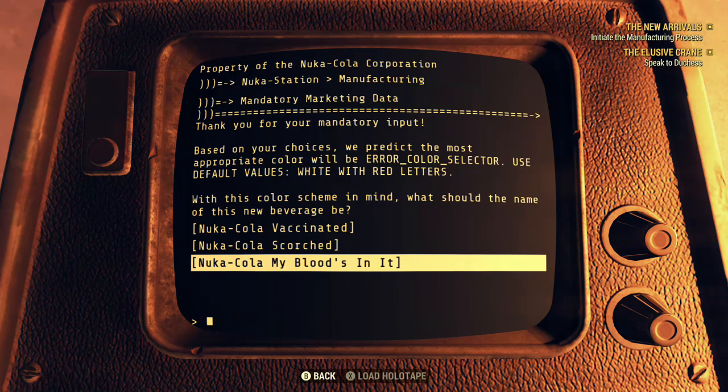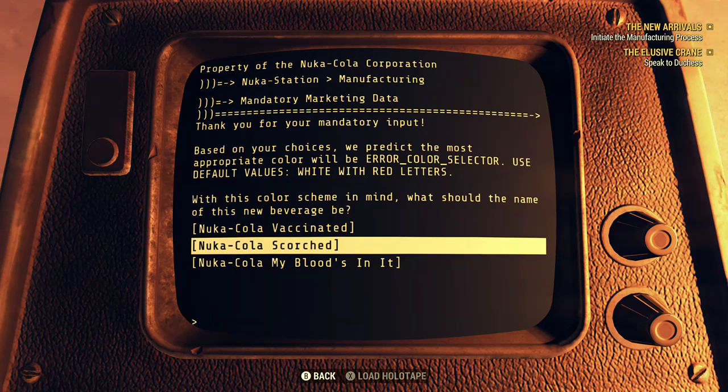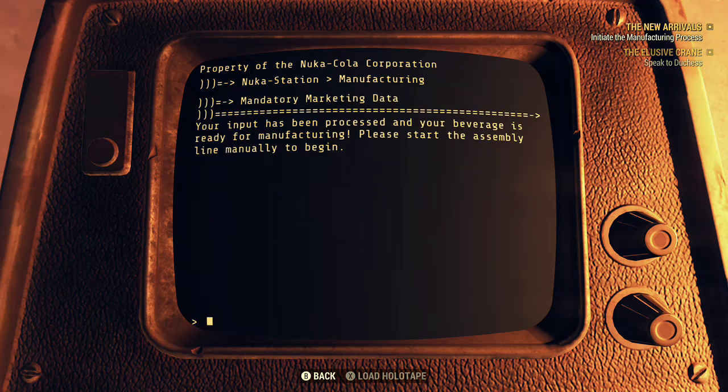With this color scheme in mind, what should the name of this new beverage be? Nuka-Cola vaccine, Nuka-Cola scorched, Nuka-Cola my blood's in it. Nuka-Cola scorched. That was...